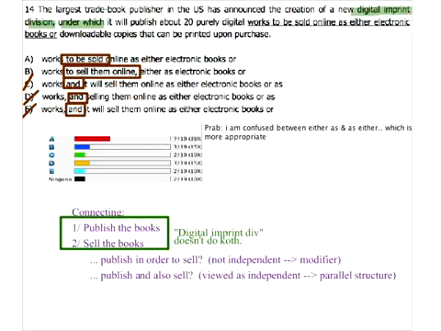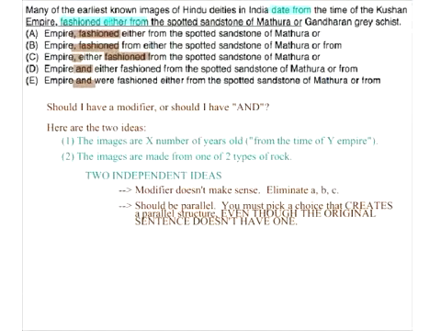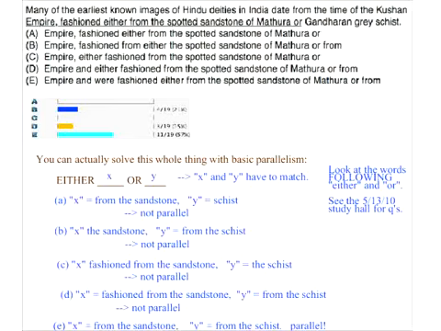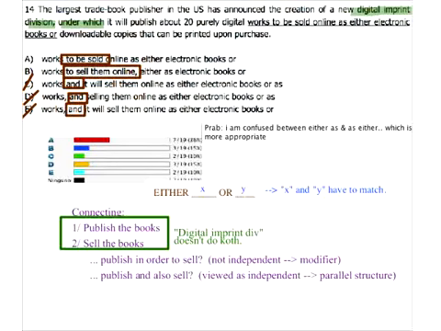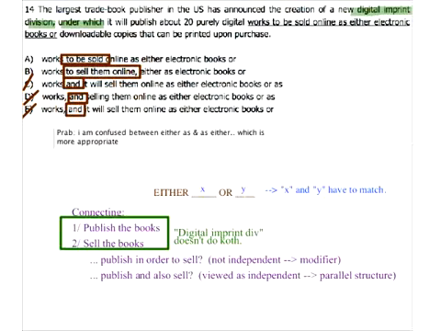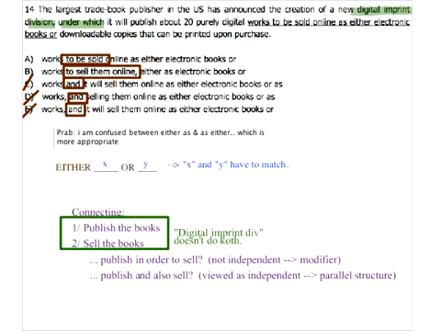Yeah, it's just either X or Y again. It's kind of like our problem here about the images in India. So it's the same sort of thing. It's just either X or Y, and X and Y have to match. So this is the same idea. So let's put that on the board here, right there. There's no such thing as either as. You're dividing these things up in ways that just don't make sense. So this is why, I mean, people,